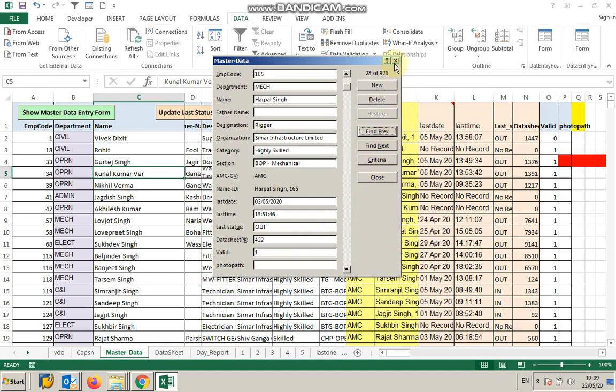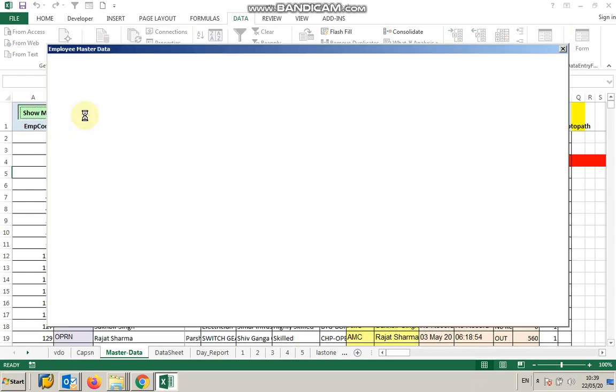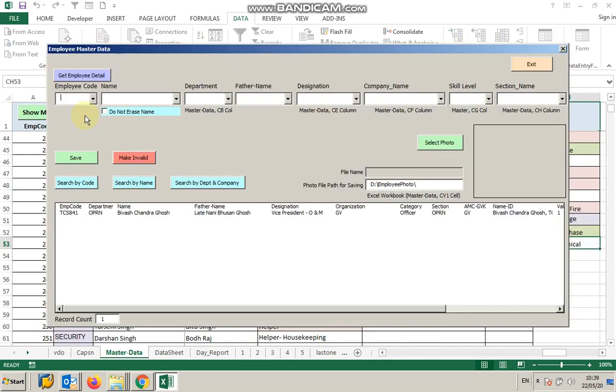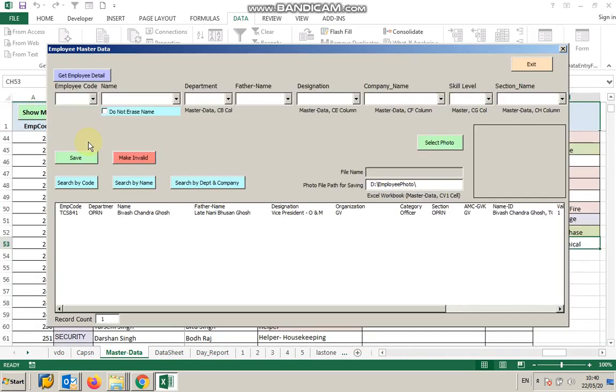But making a user data entry form through VBA or macro has some advantages. Suppose I have made one such thing. This is the form I have made with some coding.